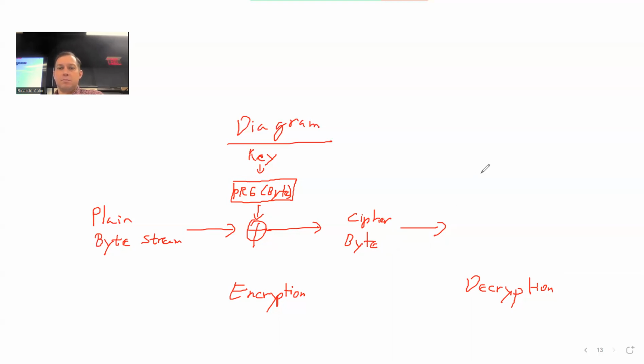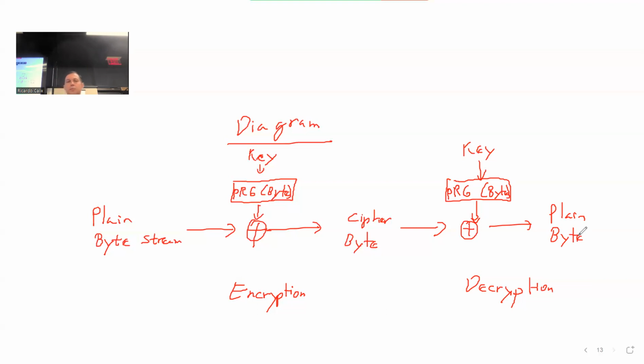So do you think basically the PRG again on a per byte basis? The key is the same, right? You need to have it. And then that just gets XORed. And then now you get the plain byte. Make sense, guys? So it's the same thing. If you look, they're both aligned. So it's the plain byte with the pseudorandom byte from the PRG. They get XORed. You have the cipher byte, and then with the cipher byte and the same pseudorandom byte, you get